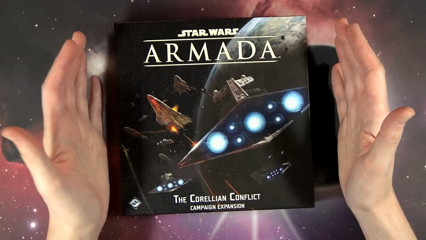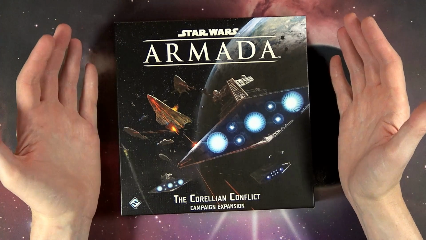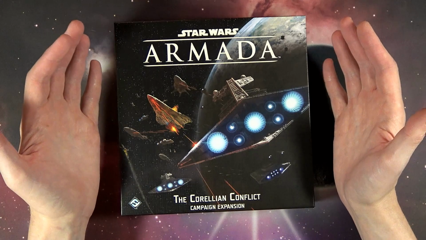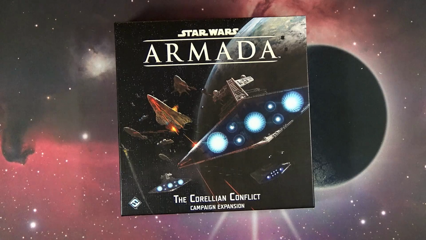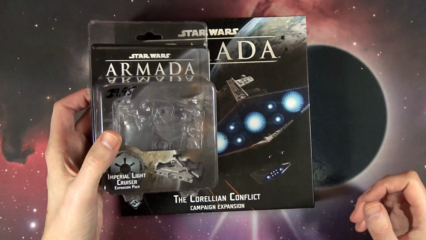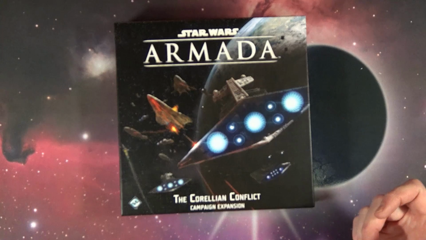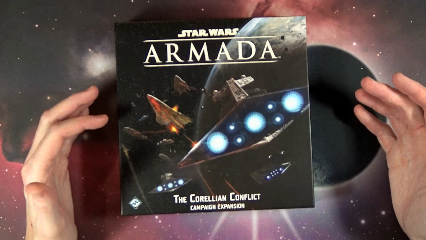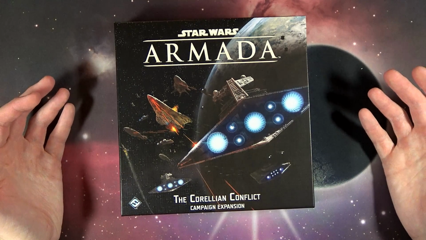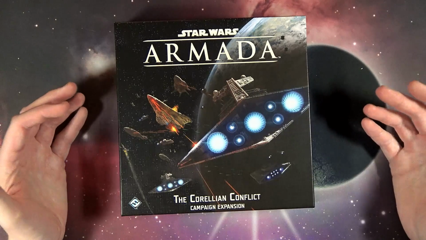Now, you can probably tell my hands are slightly bigger than most people's hands. So the box itself is very small, to be quite honest, so it might be a little off-putting to folks at first. Here is the blister pack for Armada, which gives you an idea of the actual size. But what it lacks in girth, shall we say, it makes up for in a lot of exciting content